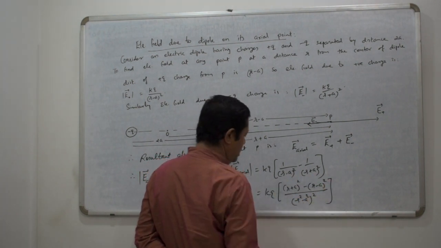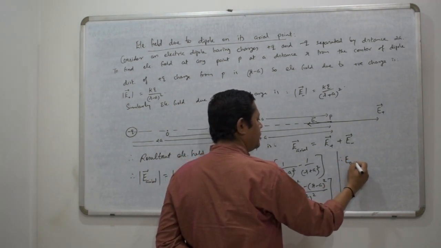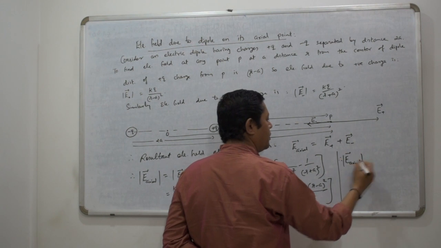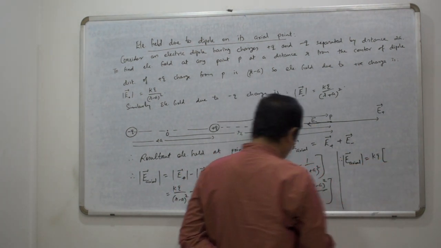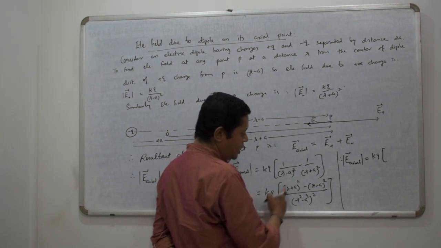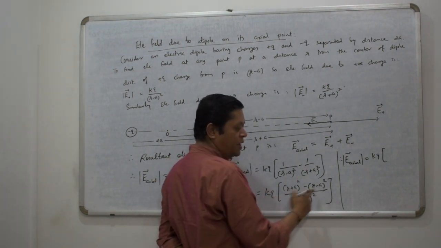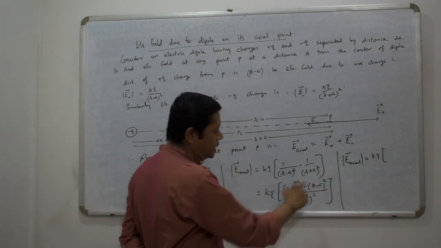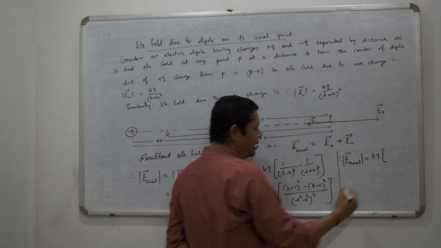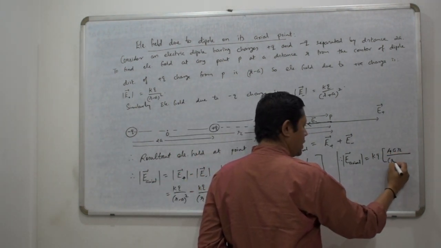It is 2 times, and therefore E axial is equal to kq. Now see here, expansion if you do, (r plus a) square is r square plus 2ar plus a square. (r minus a) square expansion is r square minus 2ar plus a square. So if you take the difference, only middle terms will be added, that will become 4ar upon